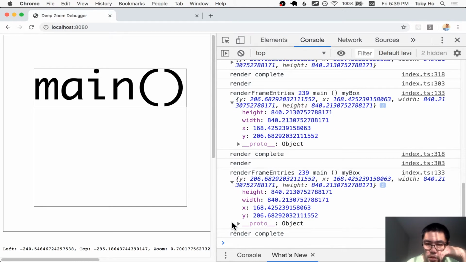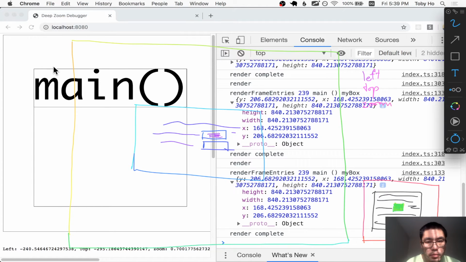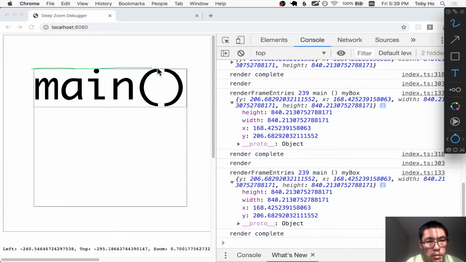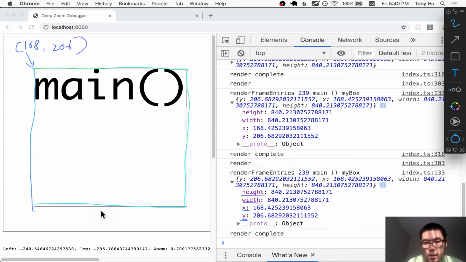So the box is the box that you see on the screen. So this box, the bounding box is this. So x, y, that should be the top left corner. X, y is 168 something and 206 something. That's what that says. And the width and height are both about 840 pixels. So 840 and 840 here. Okay, if we zoom in more,